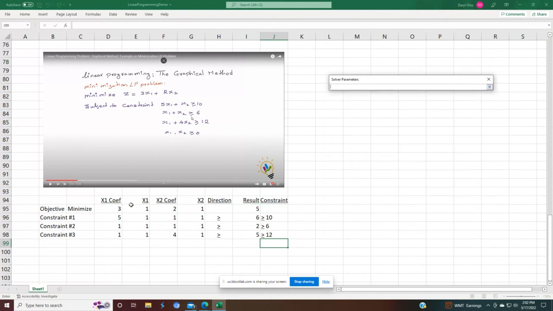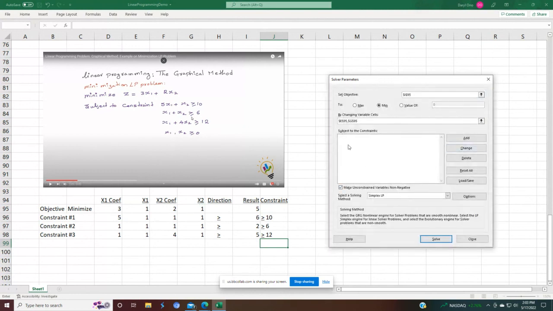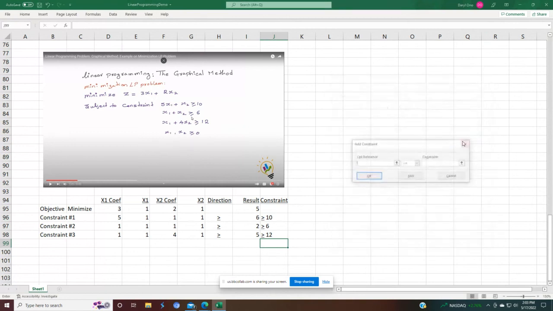The first one is E95, then G95. So we'll change those cells. Let's add the constraints. So we want to add that this cell has to be greater than or equal to